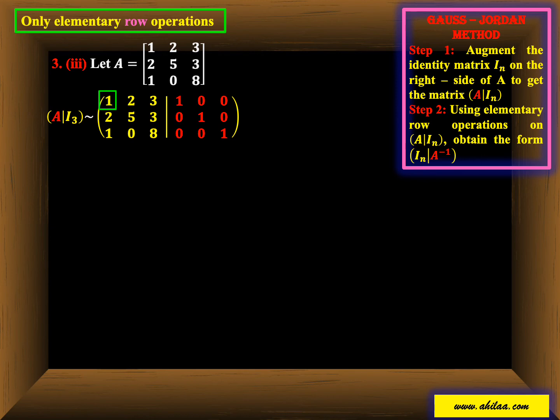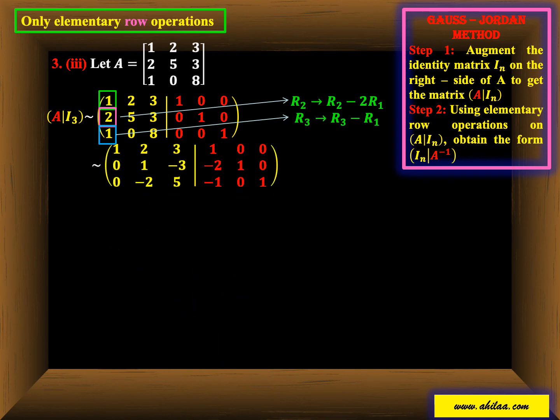First of all, we check A11. We need to get it as 1. Here it is 1. So simply we move to the other element A21, which is 2 here. We want to make it as 0. So use row 1 as pivot row. The operation takes R2 goes to R2 minus 2R1. Next come to A31 element, which we need to be 0, but it is 1 here. So simply subtracting we can make it as 0. Operation as R3 goes to R3 minus R1.